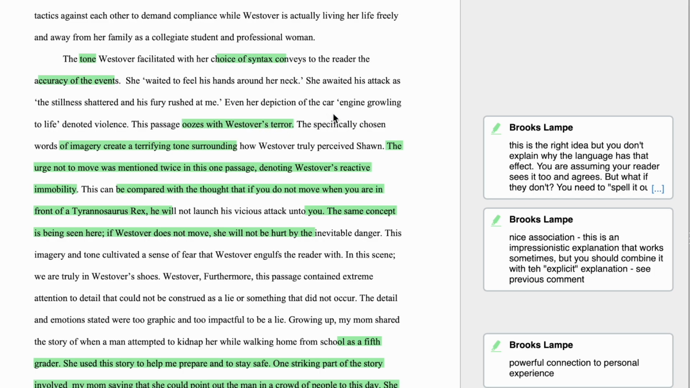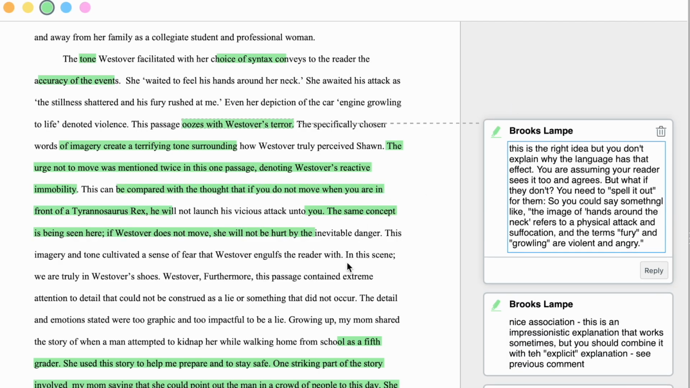Even her depiction of the car, quote, engine growling to life, unquote, denoted violence. This passage oozes with Westover's terror. The specifically chosen words of imagery create a terrifying tone surrounding how Westover truly perceived Sean. Okay, that's enough for this example. So this is actually a pretty good